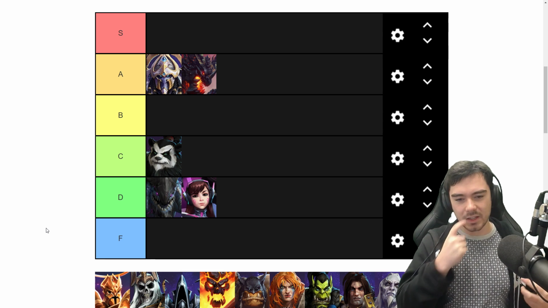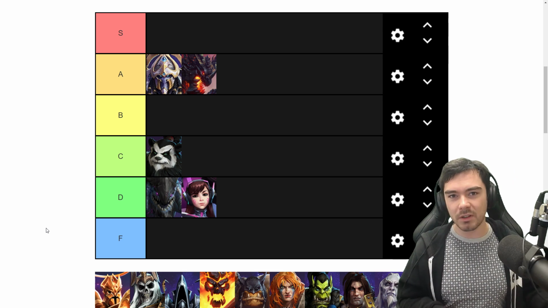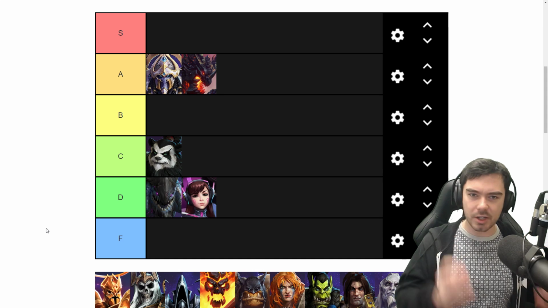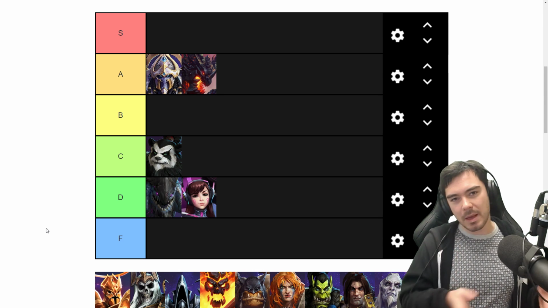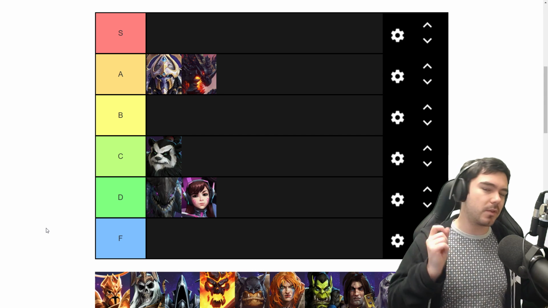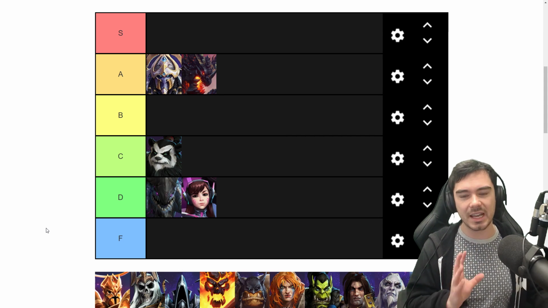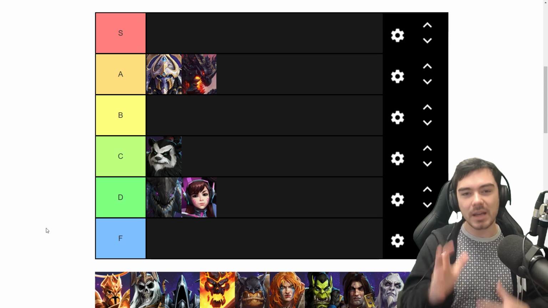I like the fact that she's got her mech form and then her human form. The mech form is big and kind of slow and tanky, and her human form is a little bit faster, a little bit more nimble, and has pretty good damage, but it's very squishy. She's very easy to pick off. I think that transforming between the two states is cool, and again, I love that aspect of counterplay,